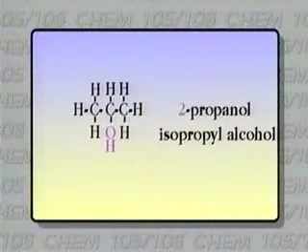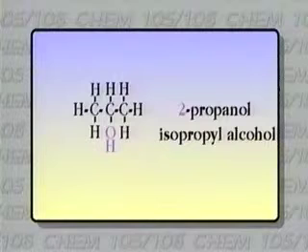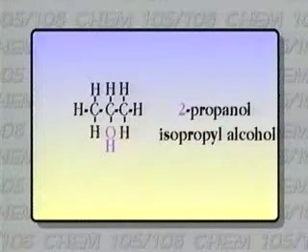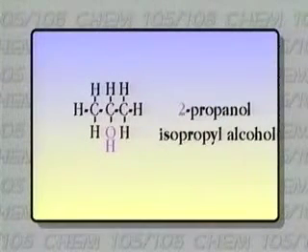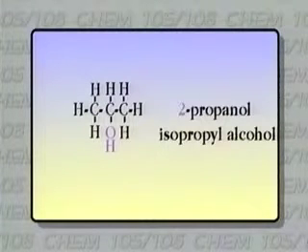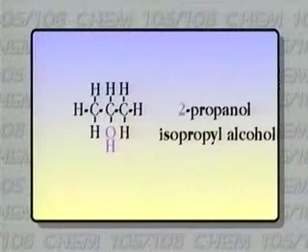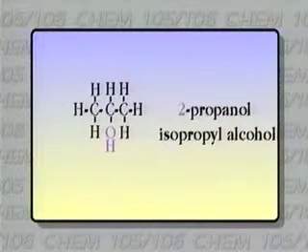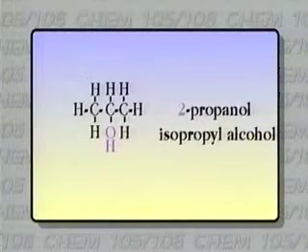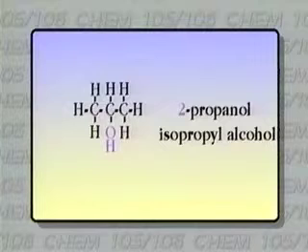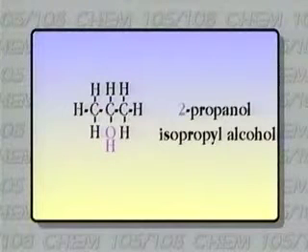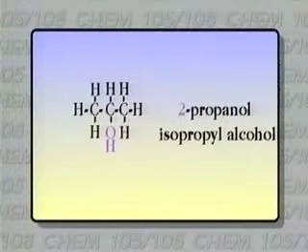Propyl, of course, would be just like methyl and ethyl. Propyl would be for 3 carbons. But the iso means that it's an isomer. In other words, this would also be a propyl alcohol, but this is an isomer of that propyl alcohol. That's where the iso comes in. Common name, isopropyl alcohol, and this is the one that if you were to go down to the pharmacy and